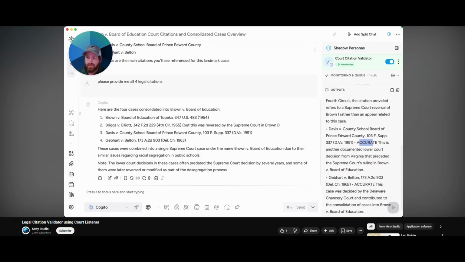Right, so we know that despite what the shadow persona here says about things being accurate to partially accurate, they're very inaccurate. They're wildly inaccurate. But would you not expect that a case which got consolidated into Brown v. Board of Education to have a date earlier than Brown v. Board of Education? Is time not linear? Is my question here, right? Like, Gebhardt v. Belton, 1963, just time travels to a decade before in order to get rolled up into the consolidated Brown v. Board decision.